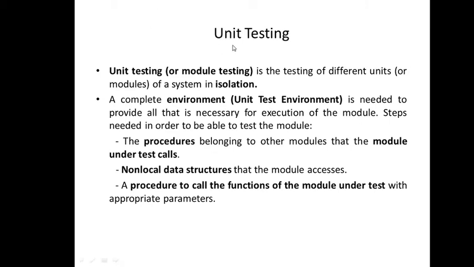So prior to these approaches, let's move according to the sequence. The first one is unit testing, right? So what do you mean by unit testing? It is the testing of different units of a system in isolation. So everyone remembers the term isolation. That means you have to separate a module from the module dependency graph and check it individually without assuming that it is connected to some other modules. So it is practically not possible, because definitely modules are linked to each other. So what we do is we create an environment to perform this unit testing in isolation, that is known as the unit test environment. So what is a unit test environment?